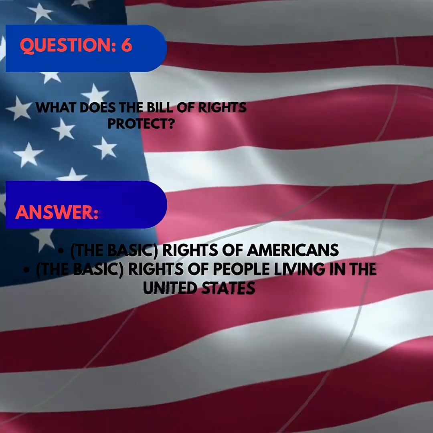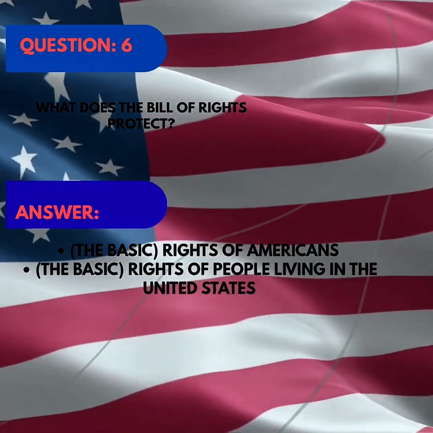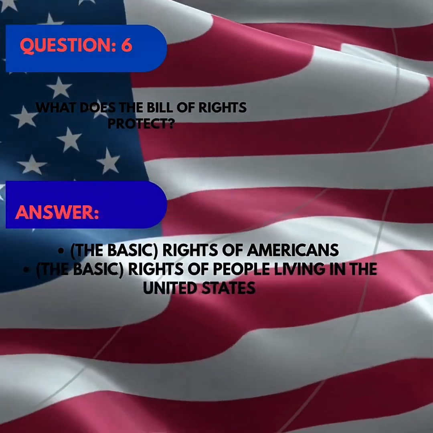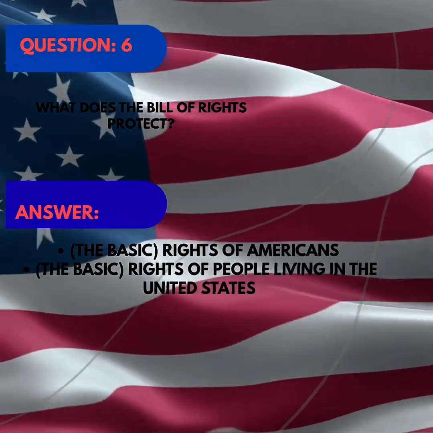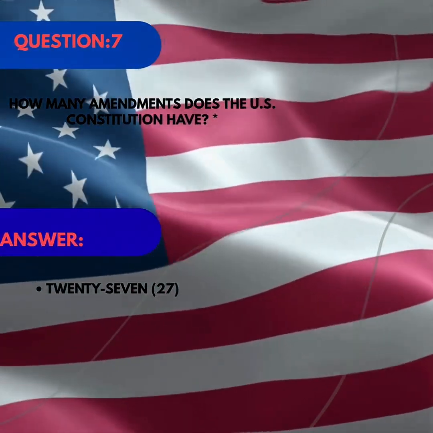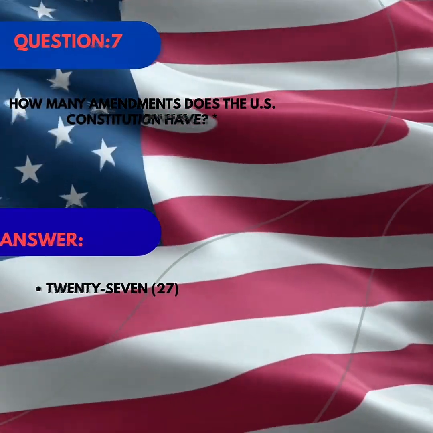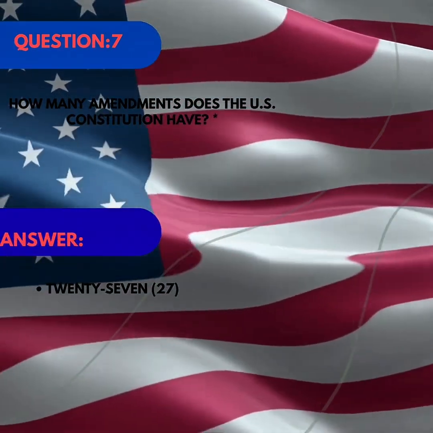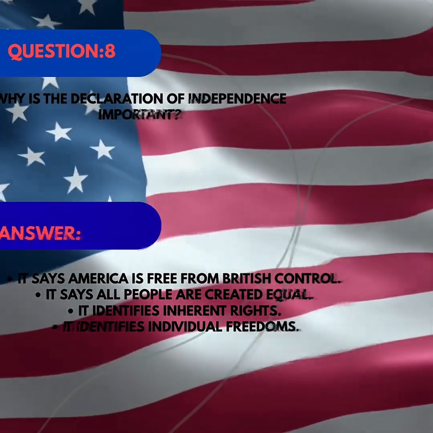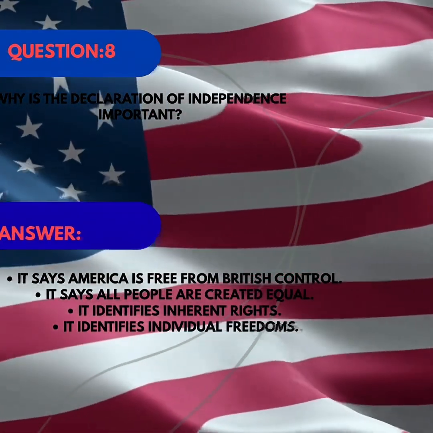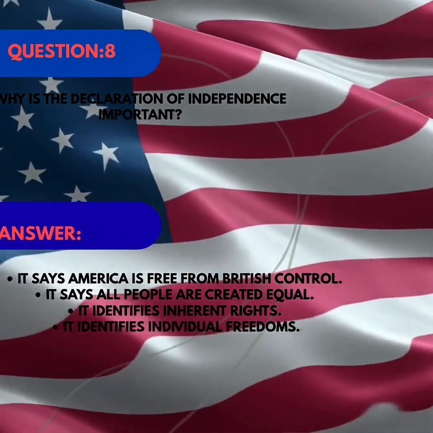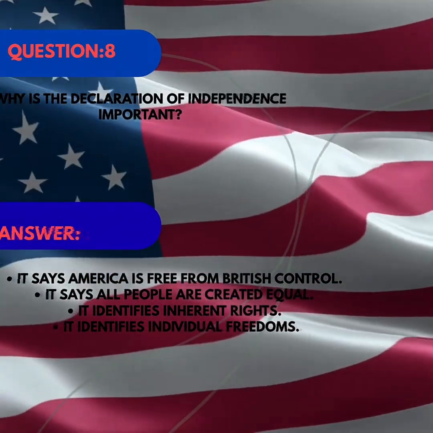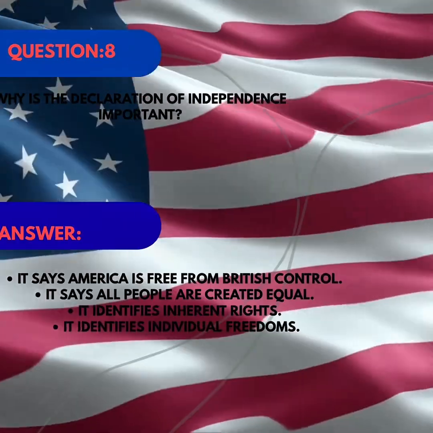Question 6. What does the Bill of Rights protect? Answer. It protects the basic rights of Americans and of people living in the United States. Question 7. How many amendments does the U.S. Constitution have? Answer. The Constitution has 27 amendments. Question 8. Why is the Declaration of Independence important? Answer. It says America is free from British control, that all people are created equal, and it identifies inherent rights